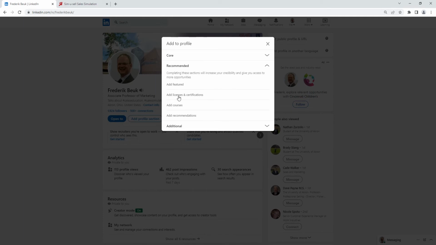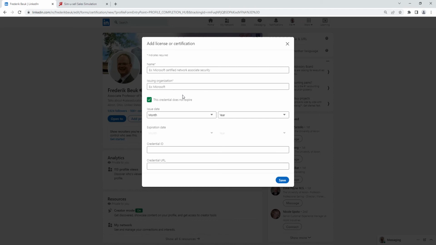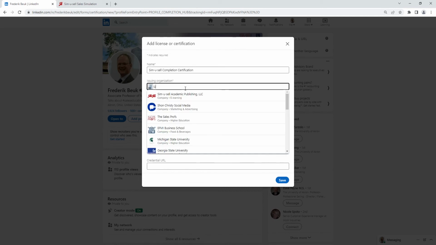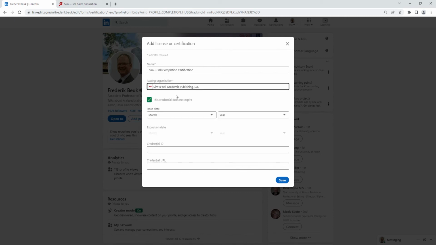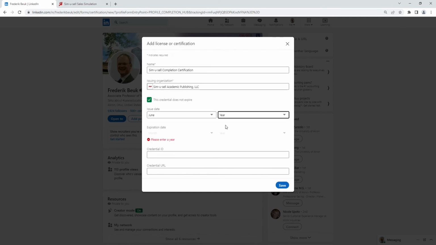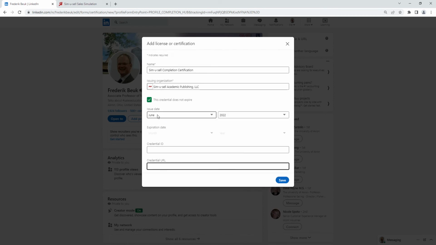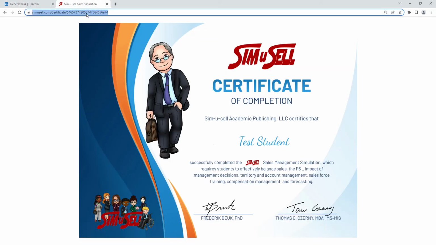On recommended, we find add licenses and certifications. And here you type in your certification. Here we type in SimUcell Academic Publishing, the date, the year it was issued, and in the credential URL you copy the URL that was given to